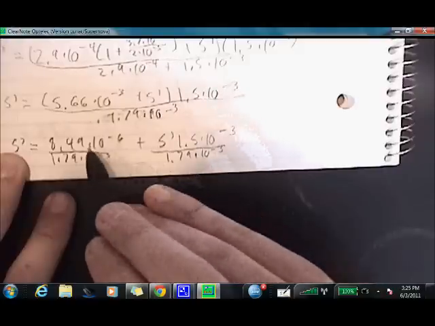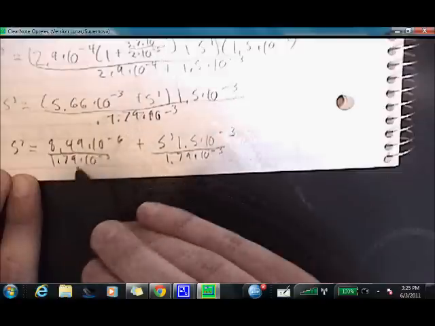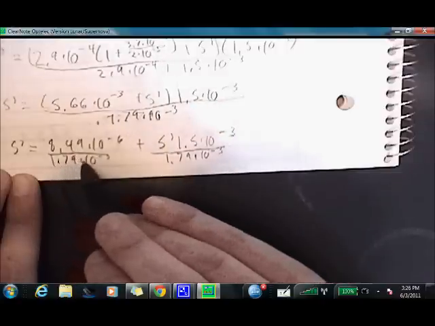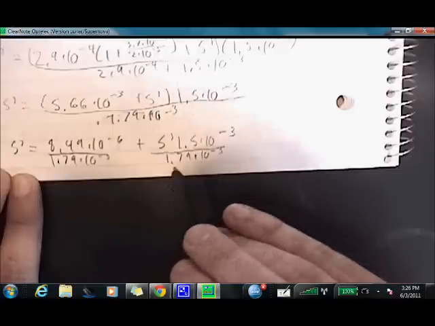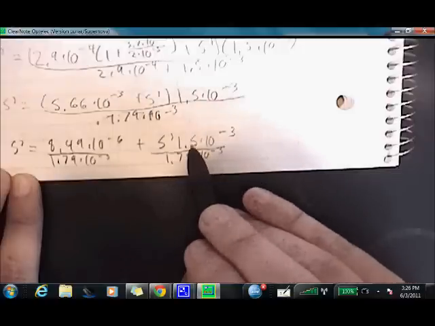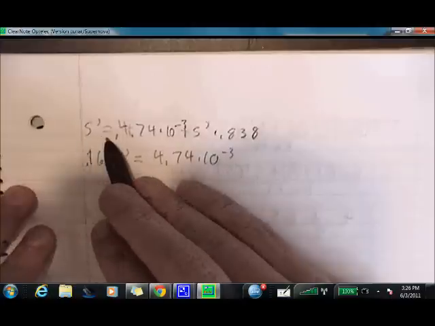Either way will be fine. Either way, I got 8.49 times 10 to the negative 6 divided by 1.79 times 10 to the negative third. And then I got this, 1.79 times 10 to the negative third, and up here 1.5 times 10 to the negative third. So that simplifies out to S prime equals